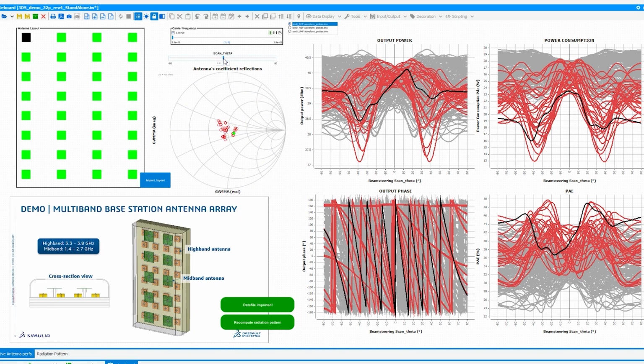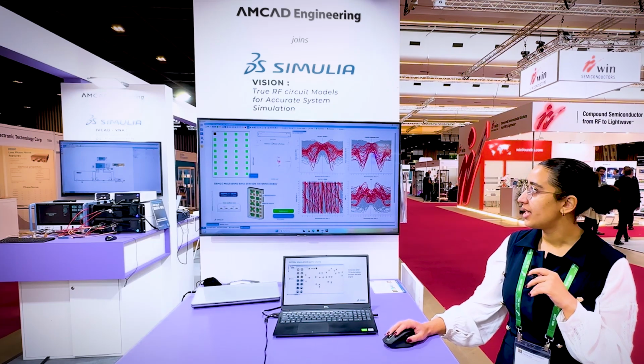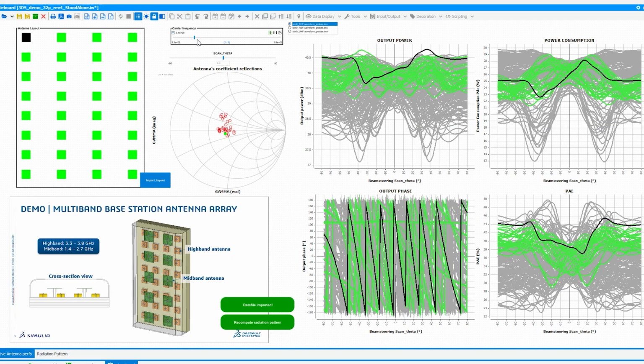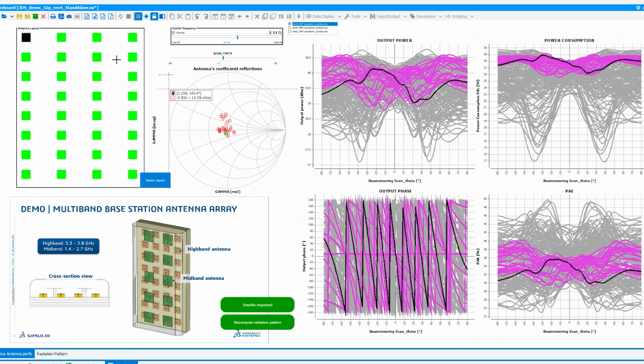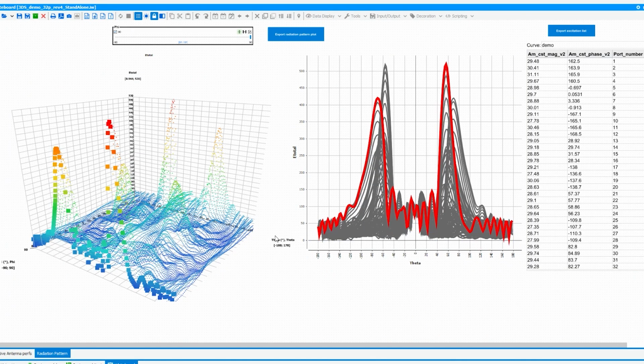If we move here, the capacities of the power amplifiers, we have the output power, the power consumption, PAE, and output phase. And here they vary as a function of the carrier frequency. And of course, we can select another port to compare between the curves and the consumption, the curves of the power amplifiers. We can plot here radiation diagrams,